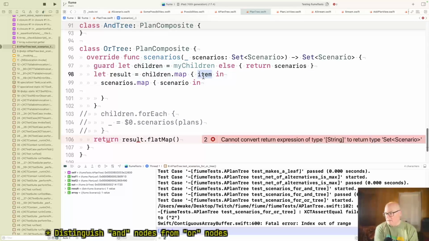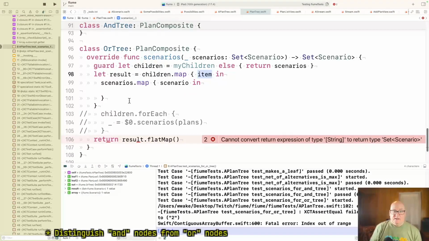Oh, we really need a better word for that. Should the children be inside the scenario loop? Well, the children are things like streams. They're either streams or they're more composites, you know. So if they're a stream, I would take the stream and add it.